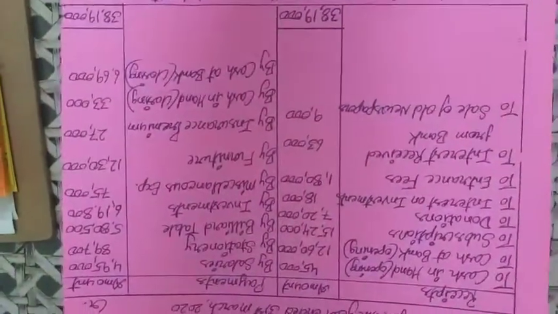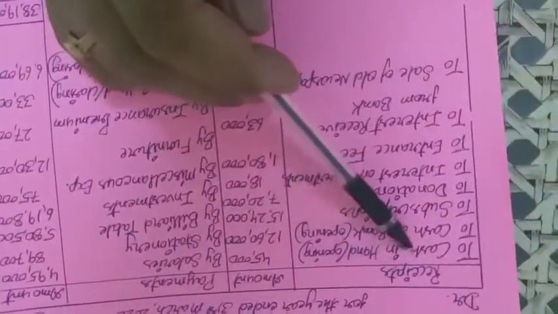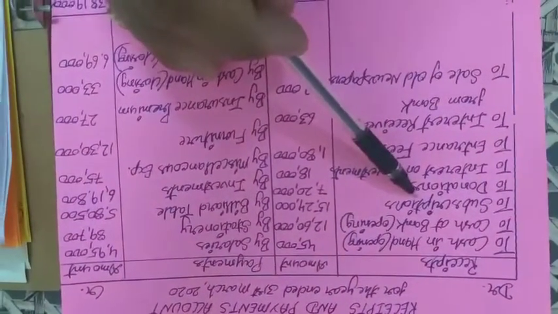Now nothing is left in this question, only what we have to see and write. So first we have to complete the receipt side. Cash in hand, this is a balance sheet term. Cash at bank, this is a balance sheet term. Subscriptions, we have already solved it on this side, you can see. And the next one is donation. No specific donation is there, nothing is mentioned about what the donation relates to. So this is the general donation.